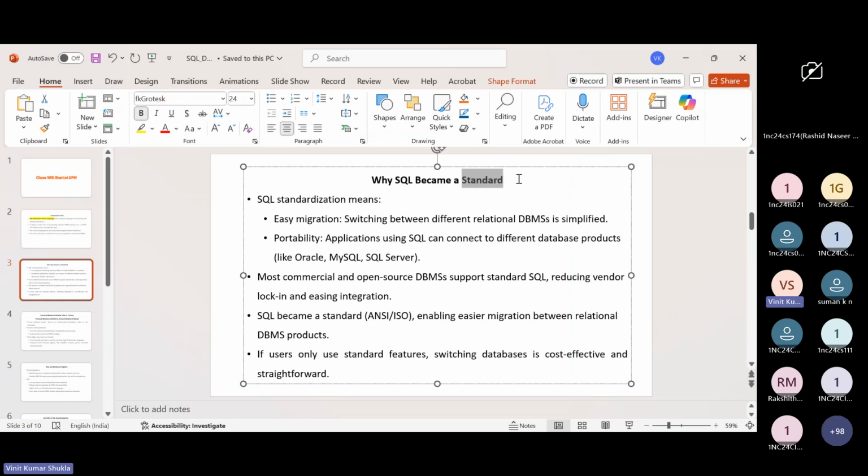So it got its standard in the 1970s. Why did they do it? Because they wanted to make easy migration from one